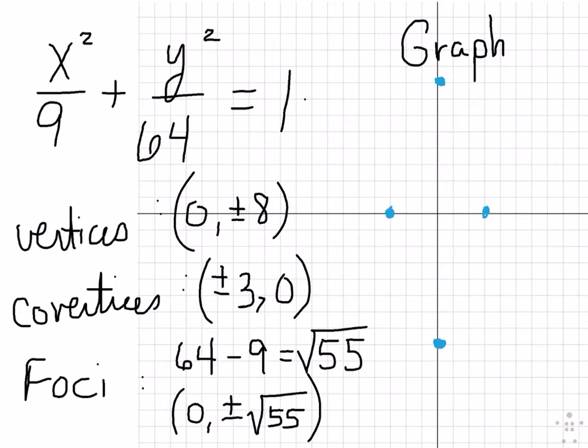Now, the foci, I'm going to put in red just so that you know. When you did the square root of 55, and some of you typed that into a calculator and got 7.3-ish, 7.4-ish, somewhere in there. If I go up 7.3 or down 7.3-ish, my foci are going to be right next to those blue dots. Now, from here, all you're going to do is connect the dots. Not the red dots, but the blue dots, into a kind of surfboard looking thingy